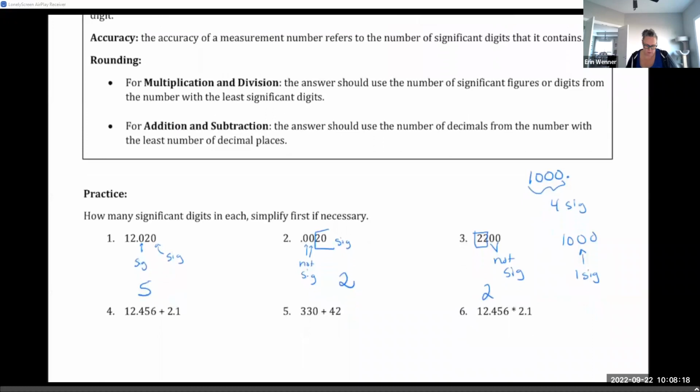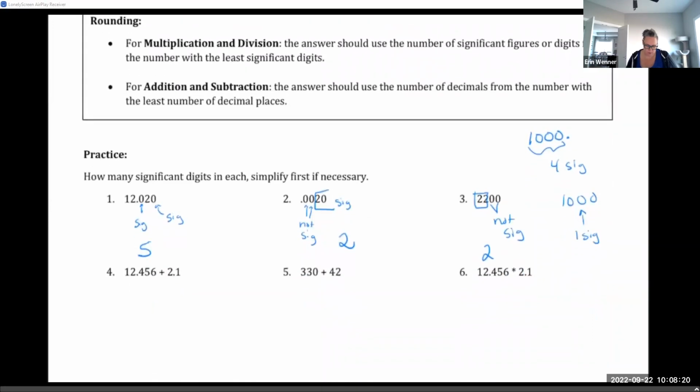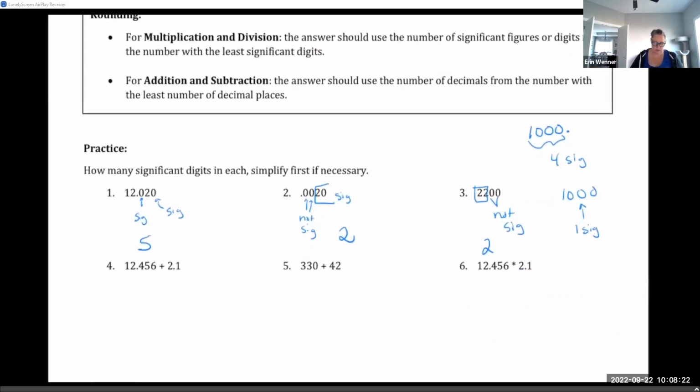So then we want to use our rules of rounding. So number 4, number 5, we're going to do addition and subtraction. The first thing we do is we always just perform the operation as it is. So if I take 12.456 and I add 2.1 to it, I get